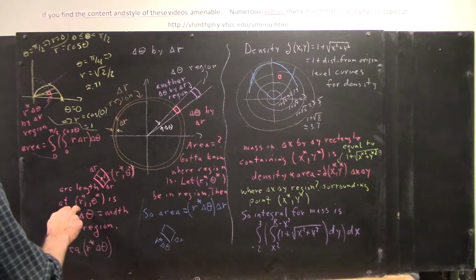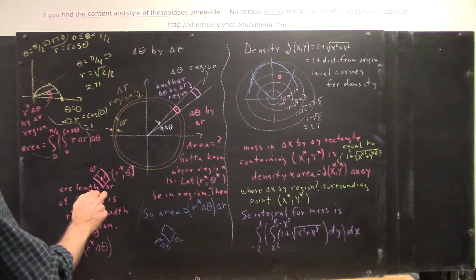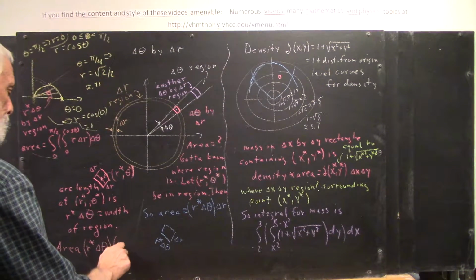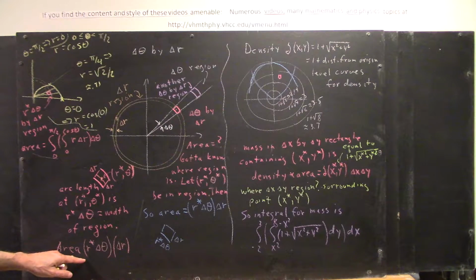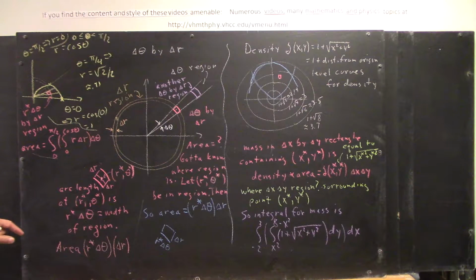Okay, dimensions are r star delta theta by delta r. That's going to be the area of our typical region. And what we're going to end up with, and I did this kind of quickly in class, we were running out of time, and I thought it was a fairly straightforward